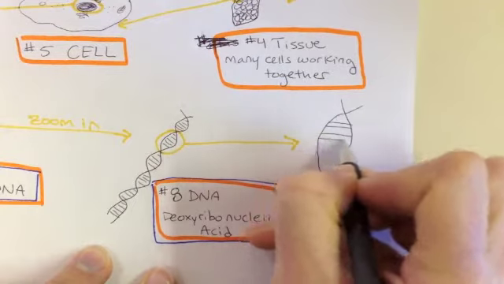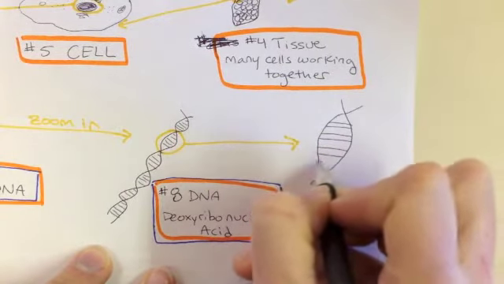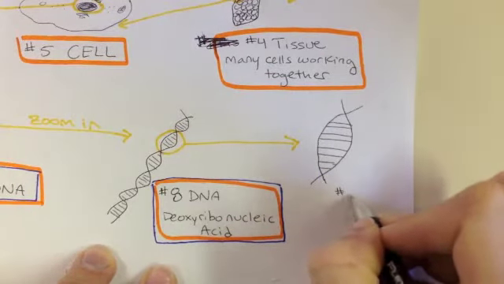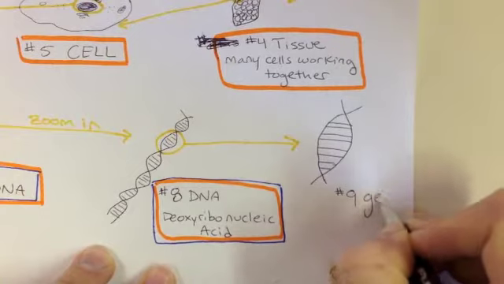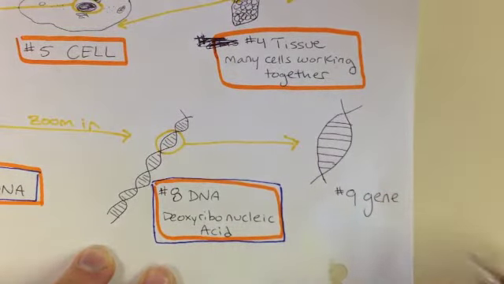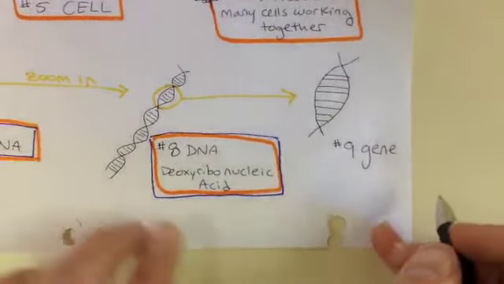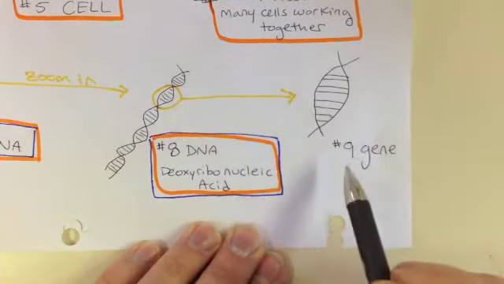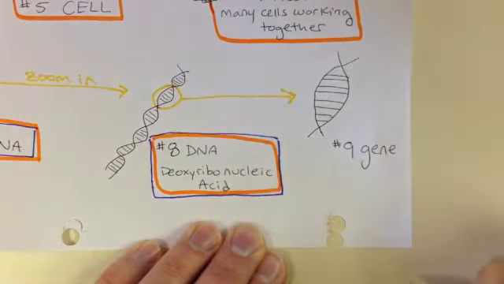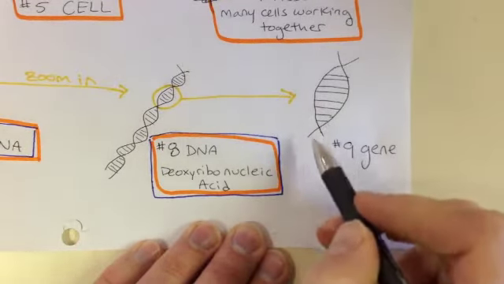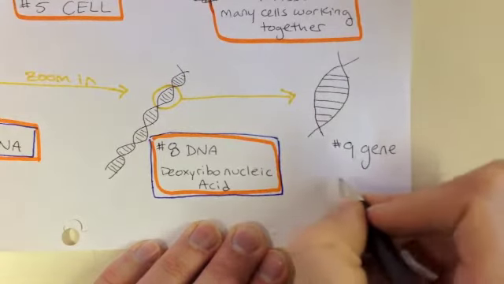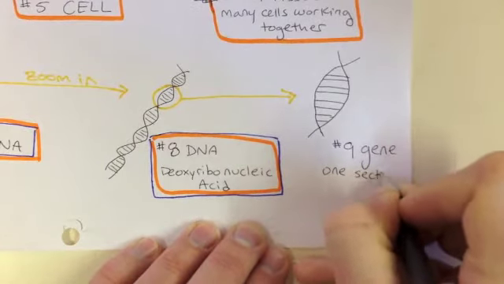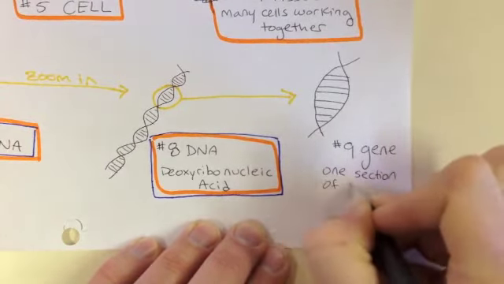With our ladder parts. These are called nucleotides, by the way. And this is level number 9. This is a gene. So when you talk about genetics or your genes, it's not just what you're wearing, but it is the DNA that tells your body what to be, whether to have dark hair or light hair or curly hair or straight hair. It's different sections of DNA. So the gene is one section, one piece of DNA